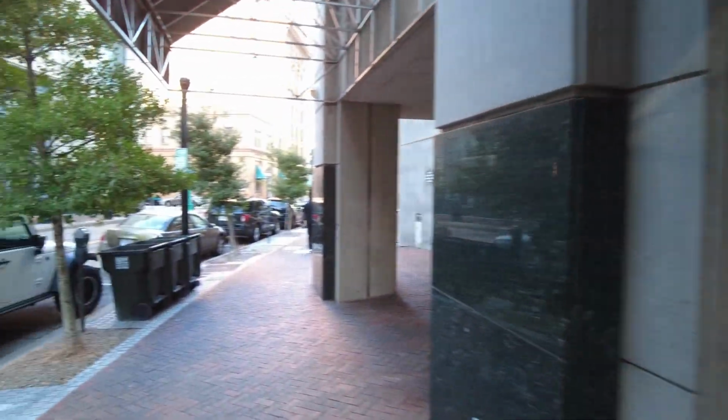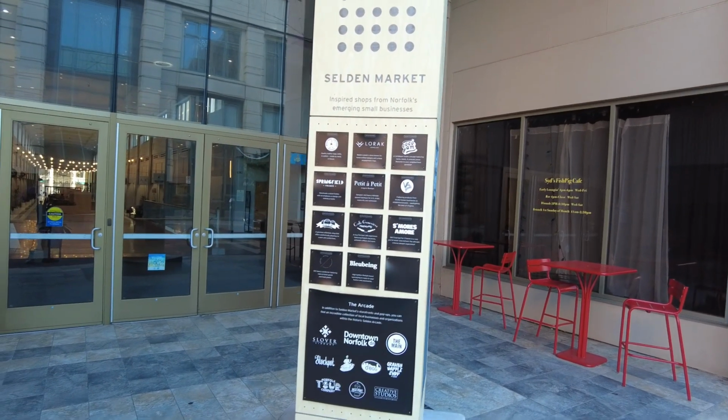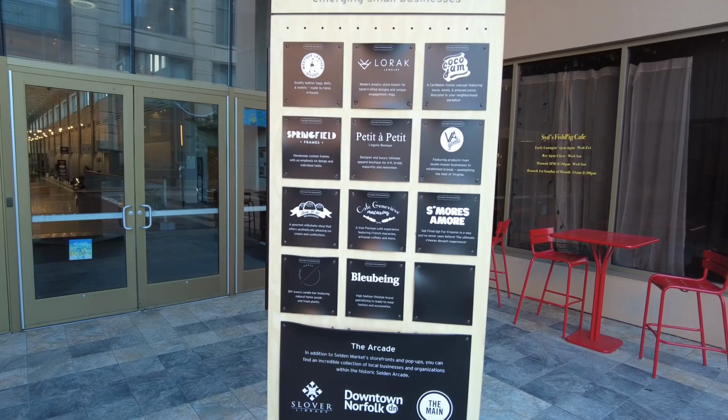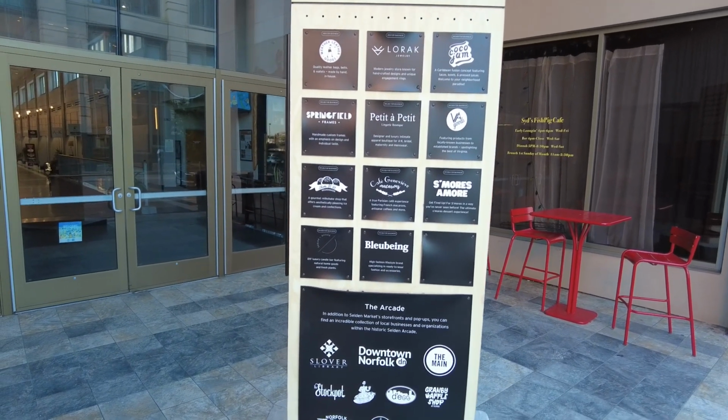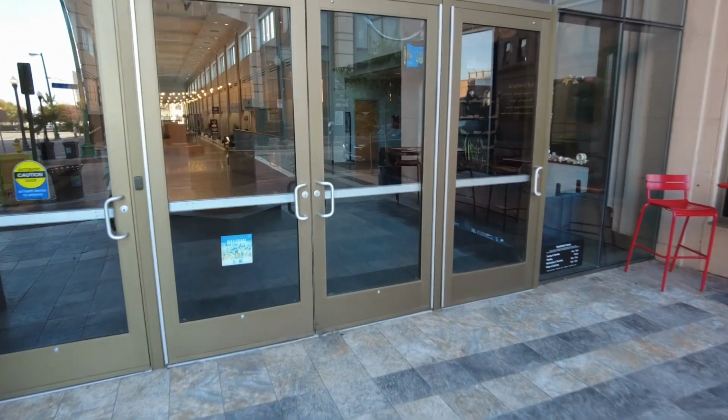I'm taking a stroll here now, mainly first in the build-up area here. It's a little bit loud, they do some refurbishment, I'll come back when it's a little quieter. My first stop is at the Selden Market. Inspired shops from Norfolk's emerging small businesses. It's just small eateries, drinkeries, lingerie boutique, gourmet milkshakes, Parisian coffee experience. So it's a walk through, which is pretty convenient because you end up on the other side of the street,